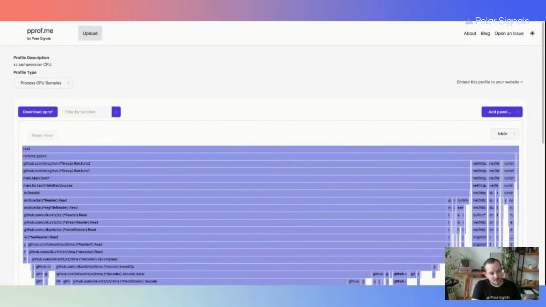And we essentially scrape all of these and then upload them to Polar Signals so that we can work with these and ultimately